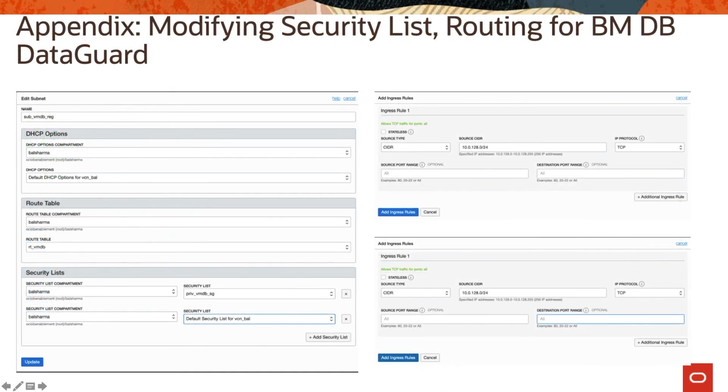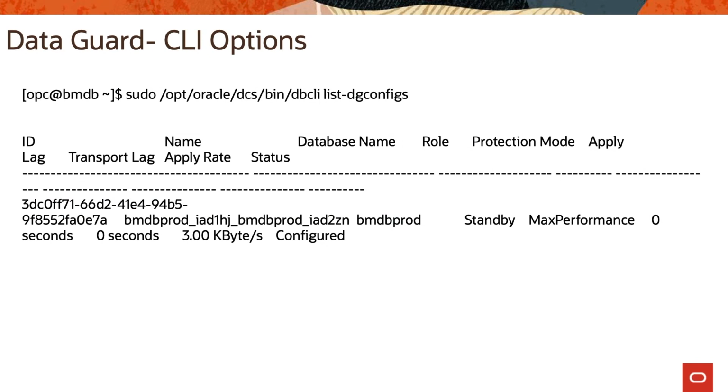configuration. And for modifying the security list or routing for bare metal or DB or DataGuard, so again, service gateway is one of the requirement, and security list, the ports 1521. These egress rules have to be enabled, and this is just a snippet from the console. The other thing, DataGuard also supports the CLI options, and if you want to use a command line interface, you can always use dbcli list dgconfig, so it would be able to display the configuration information for your production and standby database. And these things can be done on the command line also,